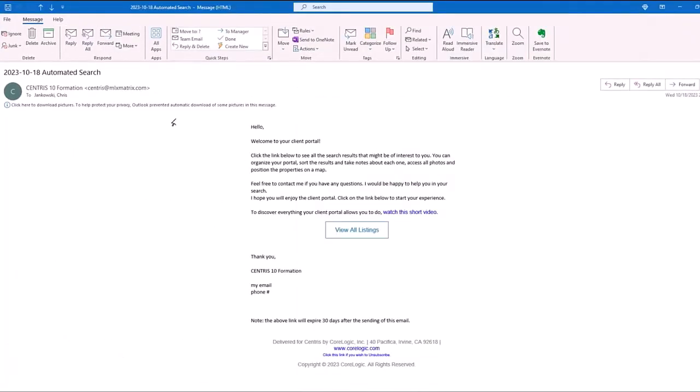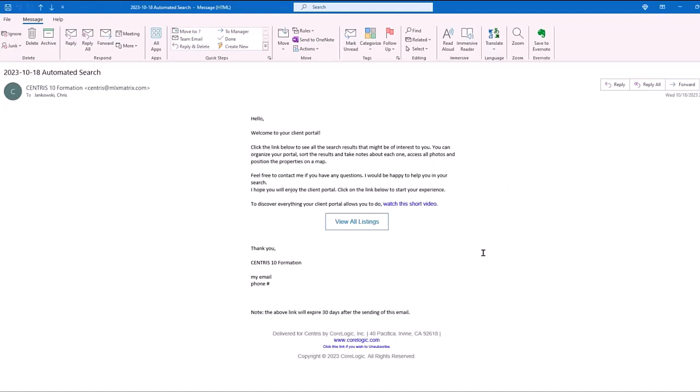Okay, this came from Centris. This would obviously show your name, but from the Centris server to whom, right? And let's say show pictures. I mean, there's really none, but basically whatever we had here as our welcome message set up before, when we were setting up the automated search, this is exactly what shows up. So that's why I say if you want to edit this to make it more appealing to your client, be it language or information related, that's when it's time to do so, right? And your signature file, as a signature tagline, etc., is in here.